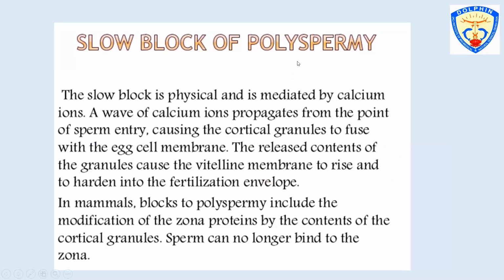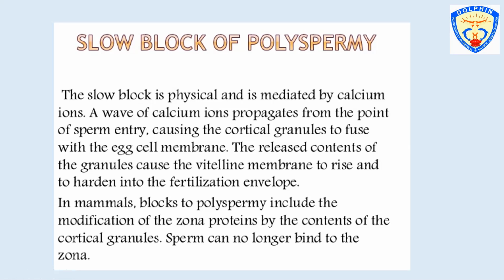Talking about the next category, that is known as the slow block to polyspermy. The slow block is physical and it is mediated by calcium ions. A wave of calcium ions propagates from the point of sperm entry, causing the cortical granules to fuse with the egg cell membrane. The released contents of the granules cause the vitelline membrane to rise and to harden into the